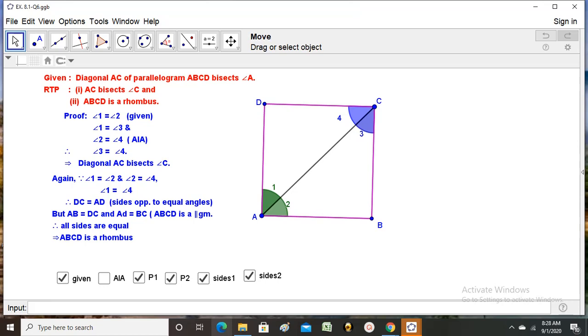Sir, I have a doubt, sir. Tell me. Ask. Sir, in the question they didn't give that angle 1 is equal to angle 2, no, sir. But they have given that AC, diagonal AC of a parallelogram, bisects angle A. You can read this sentence here. Bisects angle A. Angle A is this one. So this angle is bisected, means it is made into 2 equal parts. That is the meaning. Therefore 1 equal to 2. That is given. You understand?